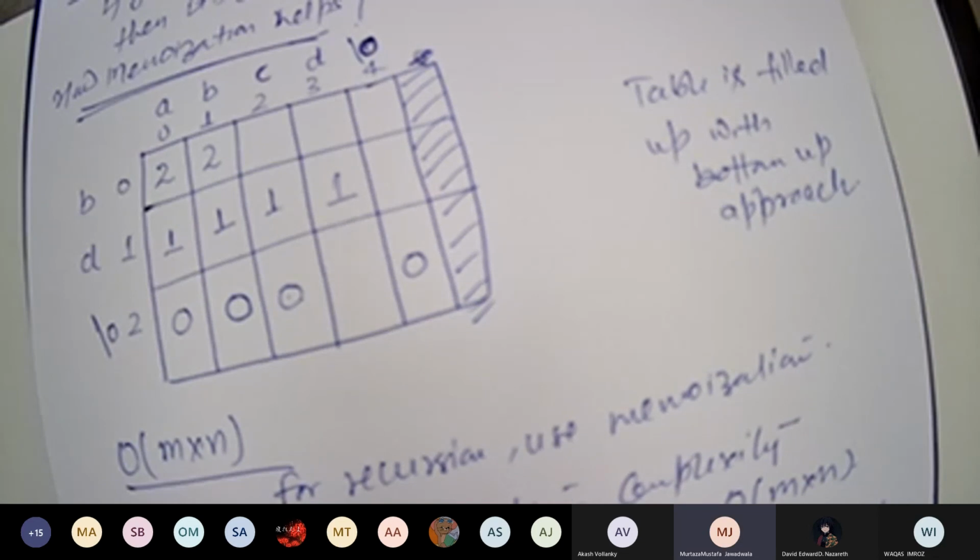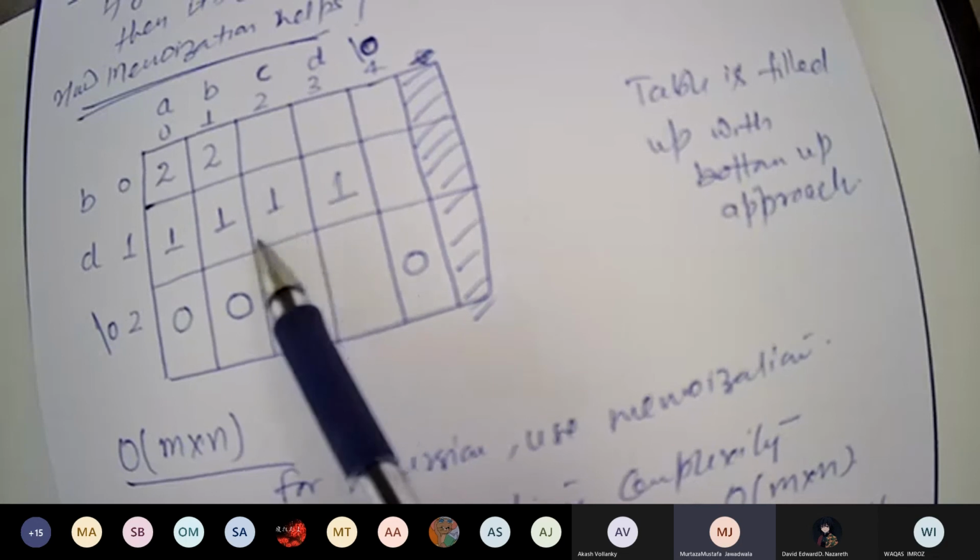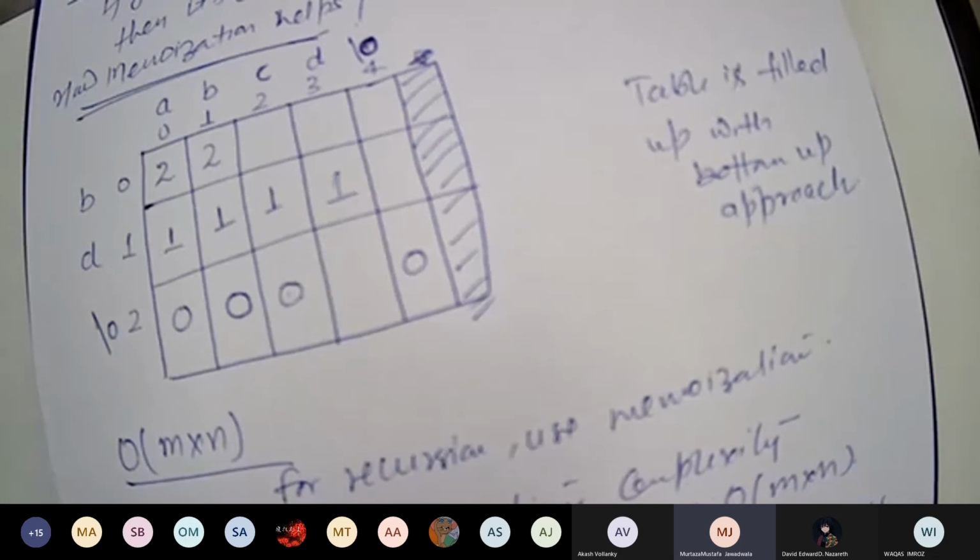Right. Okay. If you don't have a table, then you can go back and check whether we had calculated or not. Yes. Because if you are calculating, where will you put it? You already have some value at that place, so no need to even go and check and calculate. Okay.